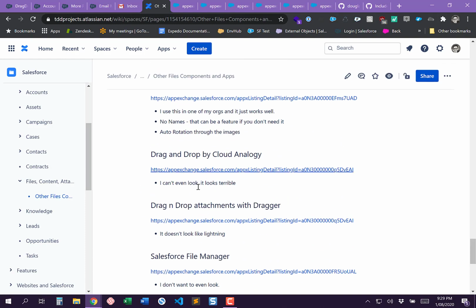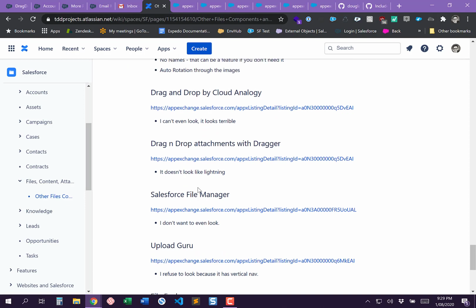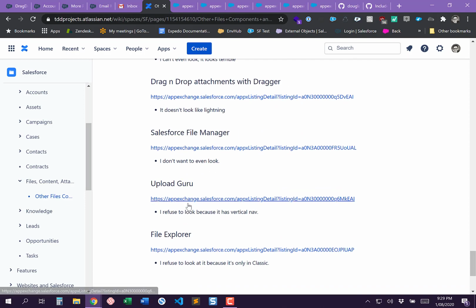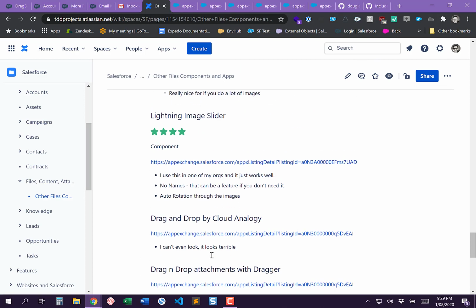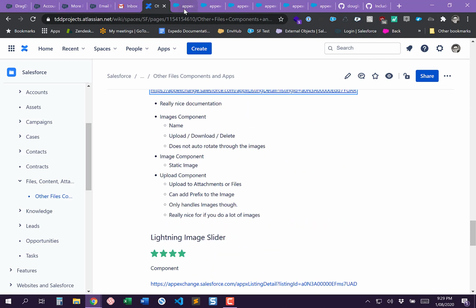Okay, then there's a whole heap here that I can't even look at. Some, this one has vertical nav. Again, I put a Twitter thing into AppExchange saying you've just got to get rid of these apps. If they have not updated their marketing in over 4 years, I'm not even going to look. And this one, because it is only in Classic. So there's some options